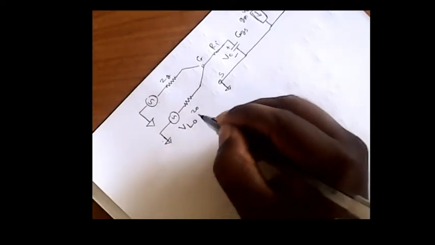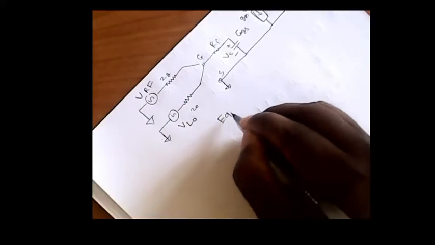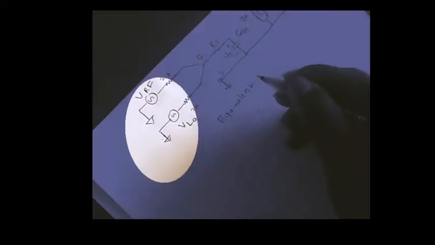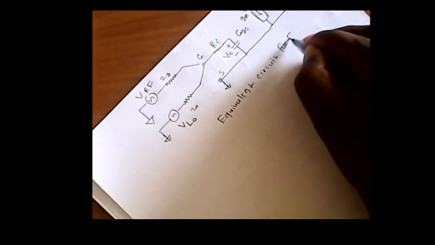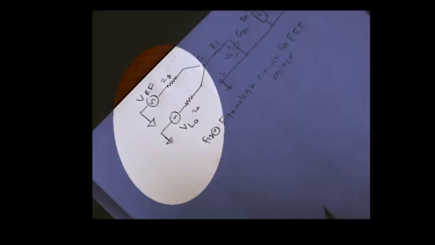So here a low voltage local oscillator generates the radio frequency. So this is the equivalent circuit for FET mixers. Figure C indicates the equivalent circuit of the FET mixer. The simplified equivalent circuit shown is based on the unilateral equivalent circuit of the FET, and the RF and local oscillator input voltages are given.